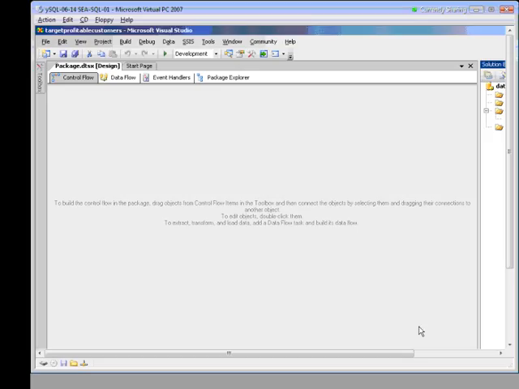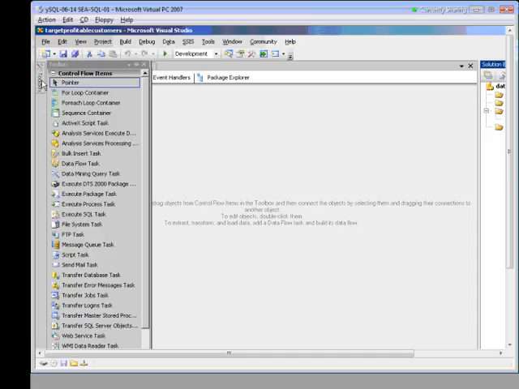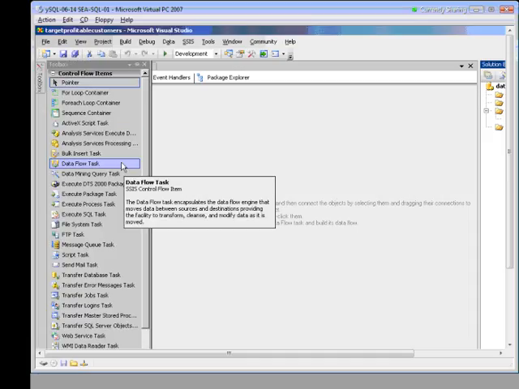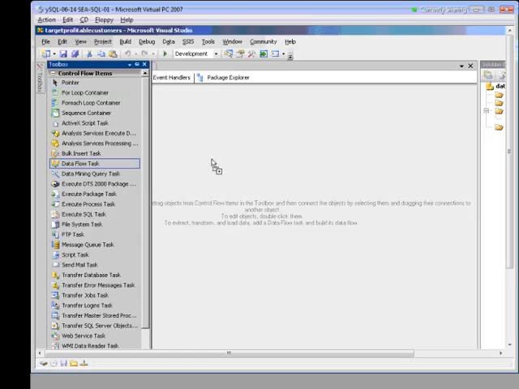Now that my design surface has come up, I'm going to go over to my toolbox on the left-hand side. A data flow task is the first thing we do. I'll grab one of those and put it on my design surface here.